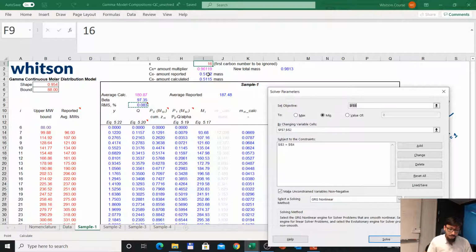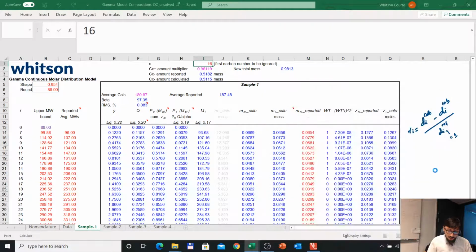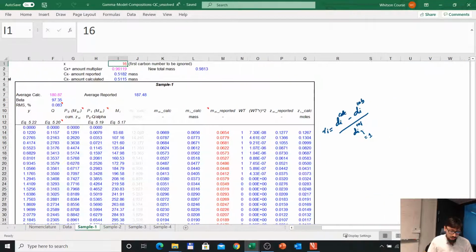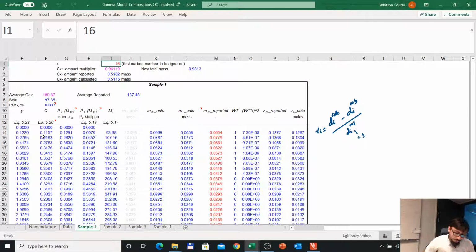What this means is that the Cx minus amount reported and the calculated value have to be exactly the same. And the reason why that should be the case is because, when we were discussing the different types of error, we discussed that we will be matching the relative areas, right? And so the relative areas, for example,